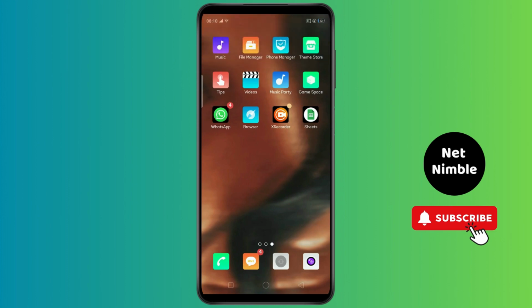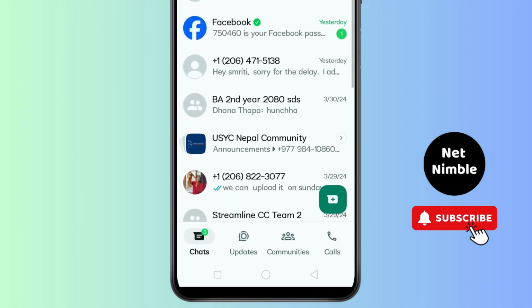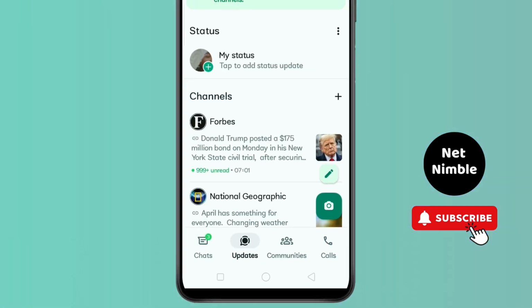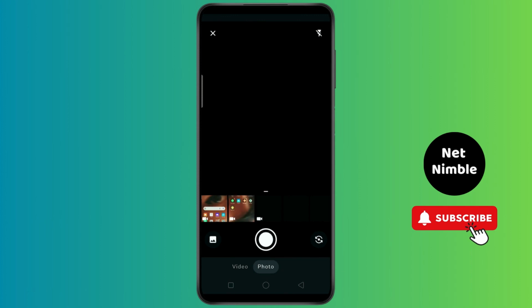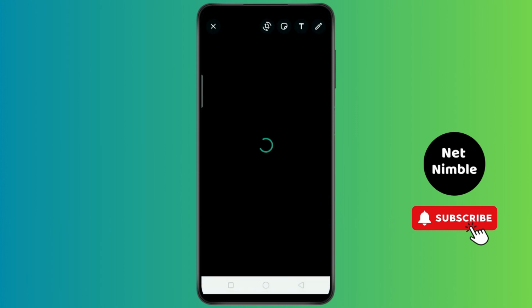After you have done this, you can simply open your WhatsApp app. After opening it, you can click on the update option, and here you will see the option of my status. And when you tap here, you will now see the option of video. Just tap on any video that is very long, and when you click on it, you will see the interface